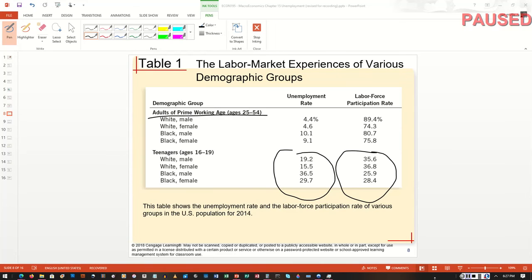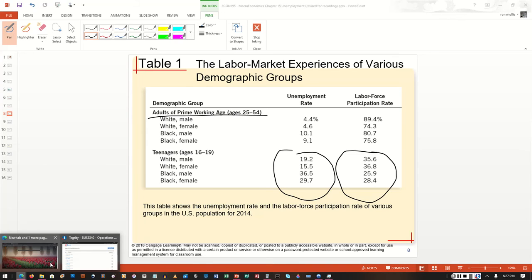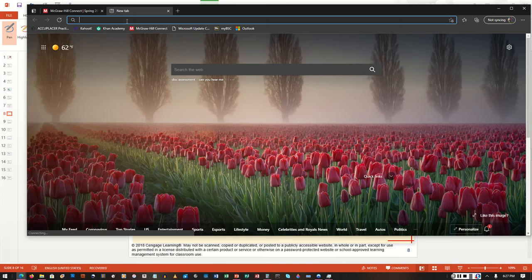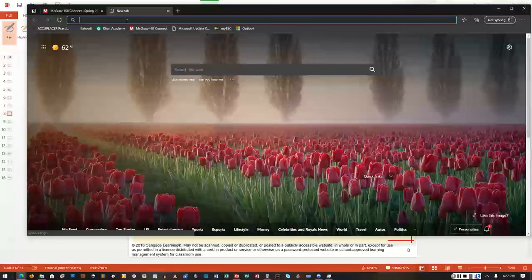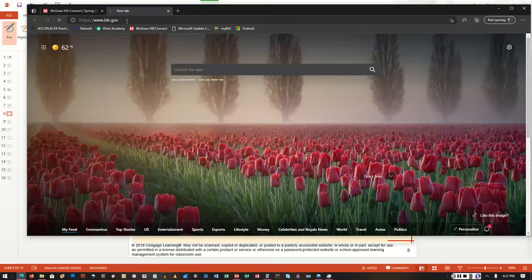So now what I'm going to do is go to the BLS.gov website so we can see where these numbers come from. When you hear them on the TV or on a radio program, they may say the unemployment rate is this for non-farm jobs, or if you look at this group compared to this group. I'm going to show you how they come up with those numbers, and where they are. So if we go out to the internet and go to bls.gov,